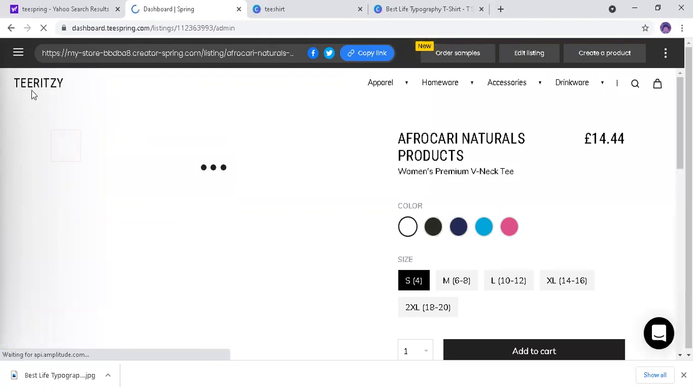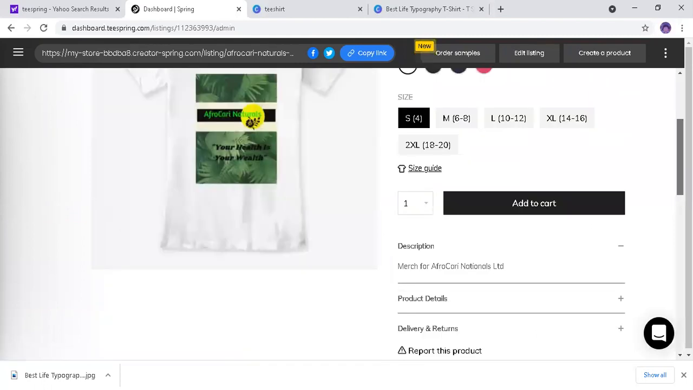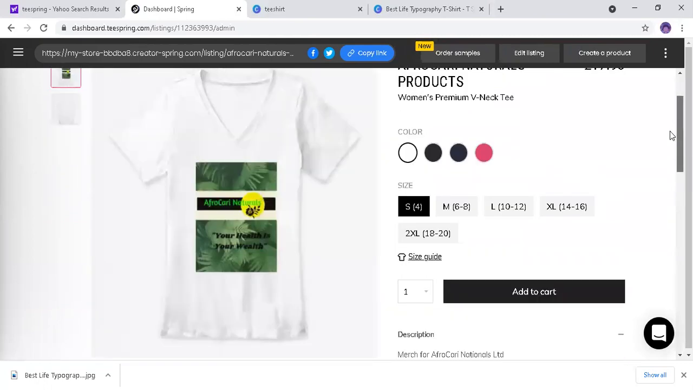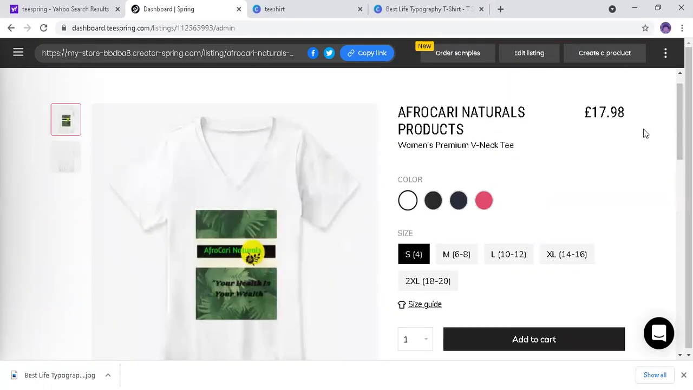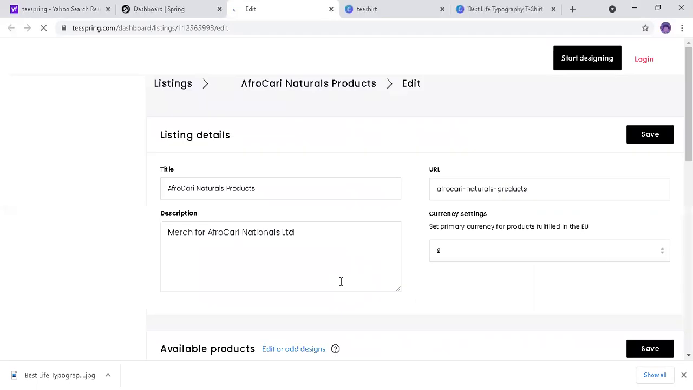Right, so this has gone straight onto my store. So there we go. And once it's gone onto your store, guys, you can actually edit the prices as well when you're ready. You can always just go to edit listing, and you could actually change your title, your description, the URL,